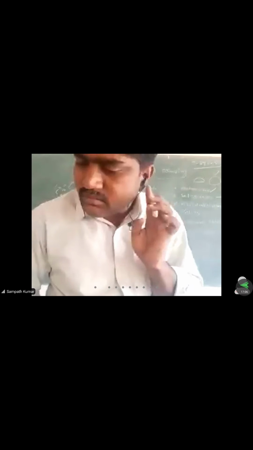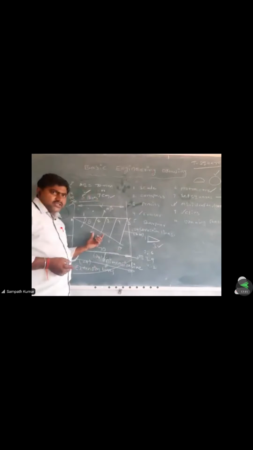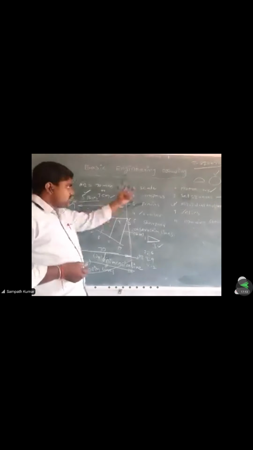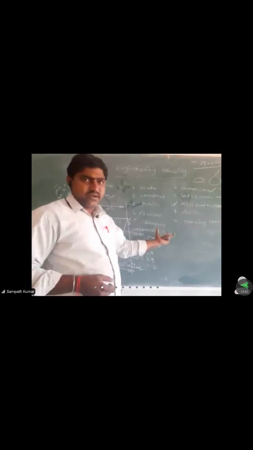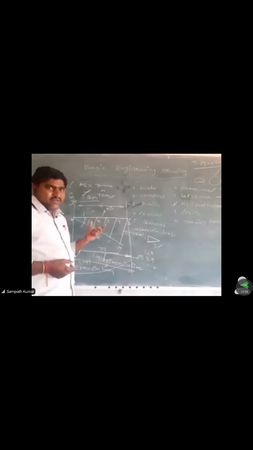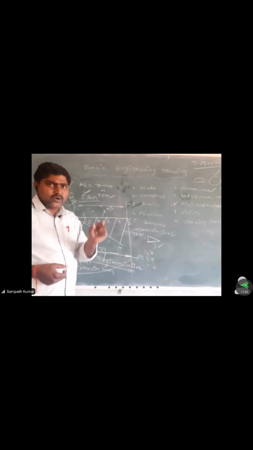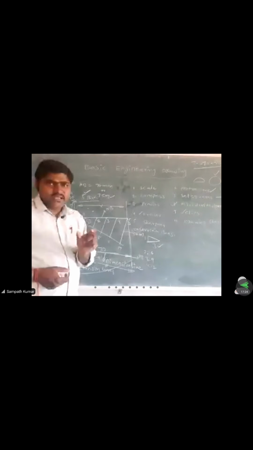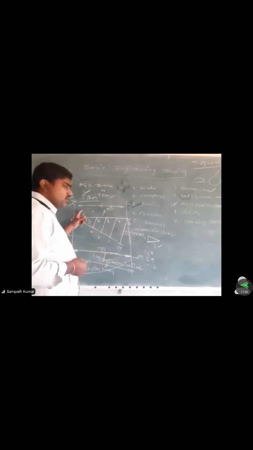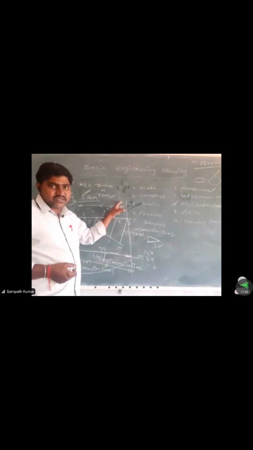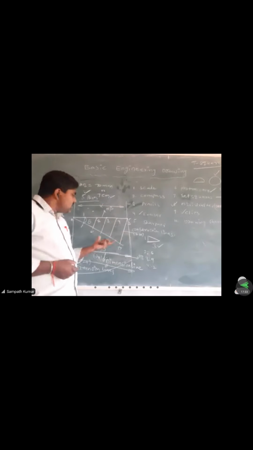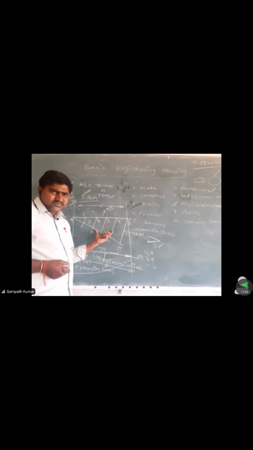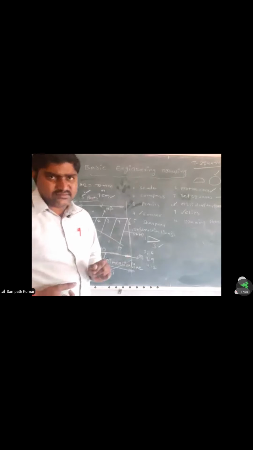Sir, we have to draw that in fair notes, sir. Diagrams in fair notes. Yeah, okay, we have to write this. What are the drawing instruments, in the drawing notes, fair notes, and what is a line? I will tell the line. What does line mean? The shortest distance between any 2 points is called a straight line. Then, how to divide a line into a number of equal parts? First question: how to divide a line into a number of equal parts? You have to take the horizontal line. Then we have to go for the vertical line.